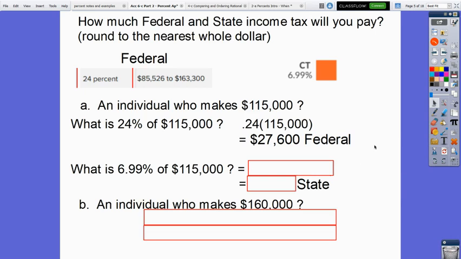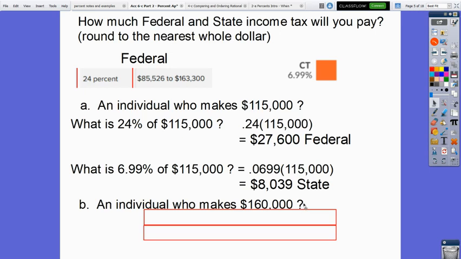Okay. In addition to that, you will also pay your state income tax, which is 6.99% for Connecticut. So the question, what is 6.99% of $115,000? 0.0699. Remember, move the decimal point 2 places to convert percent to decimal, and multiply that by 115,000, and your state bill is $8,039. Okay, so basic, what's the percent of a number? That's how you calculate these